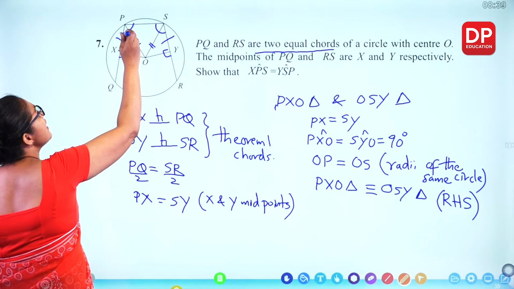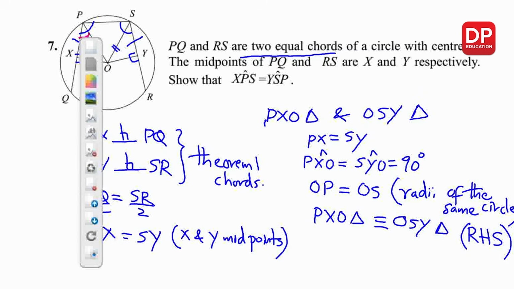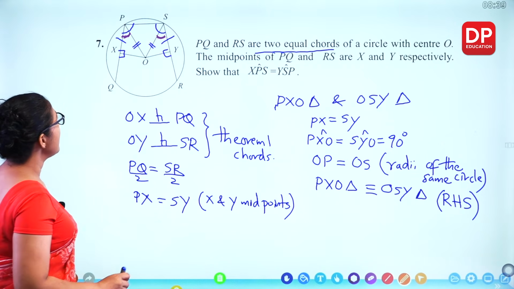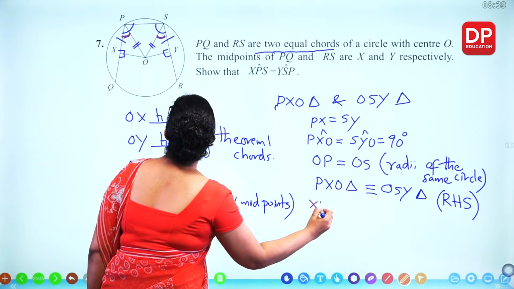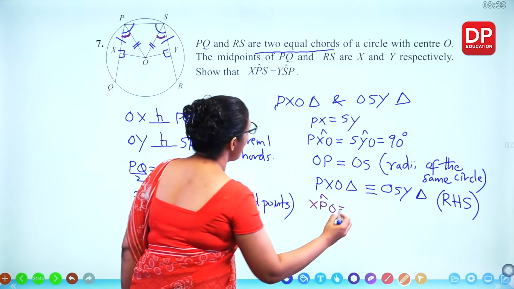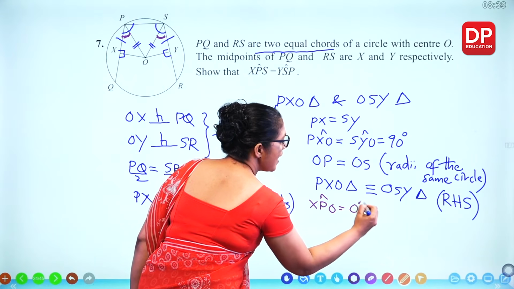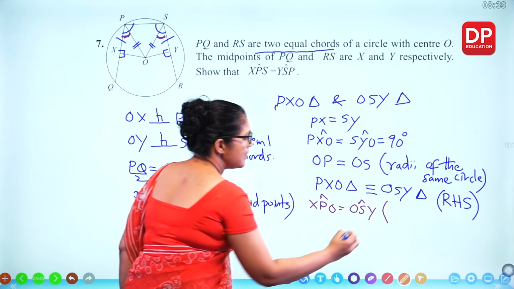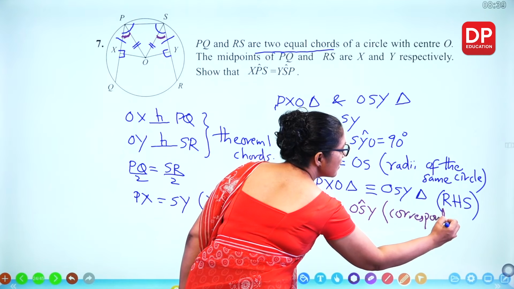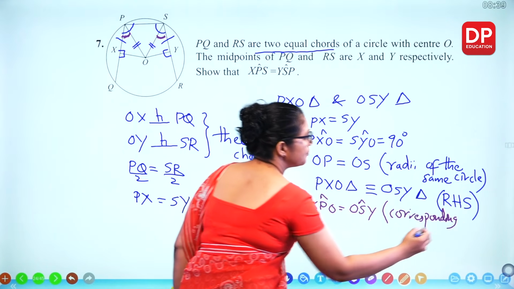So the corresponding elements means this angle is equal to this angle. So we can write down angle XPO is equal to angle OSY. What's the reason? Corresponding elements